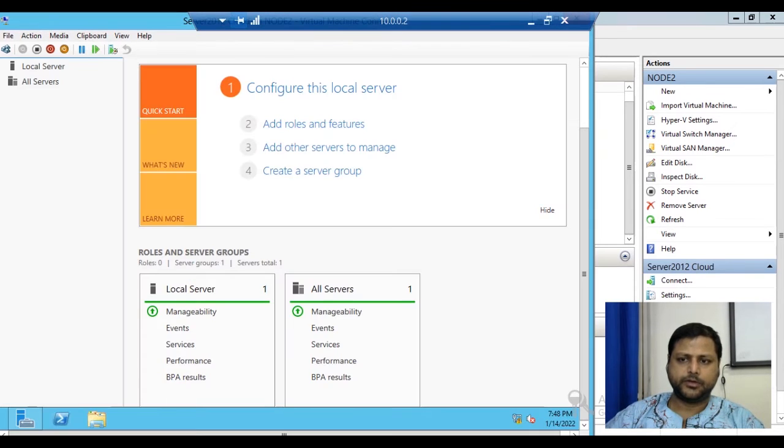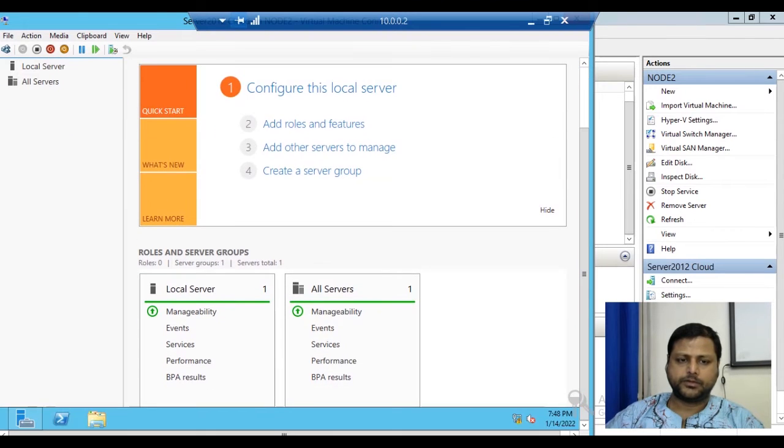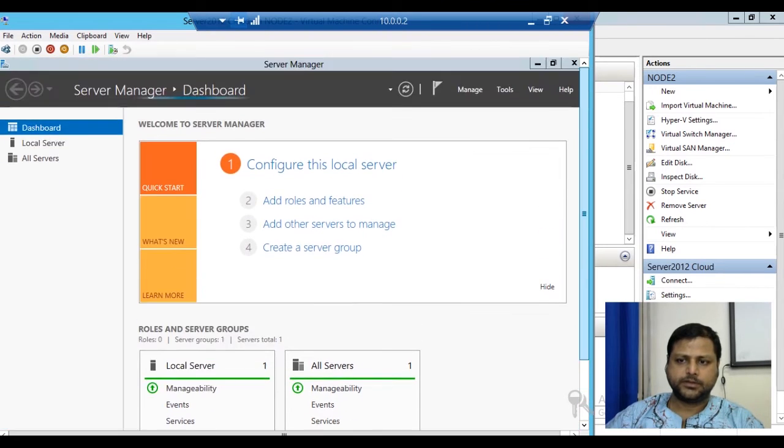By the meantime, we will also configure the server. So you can see that the server dashboard is ready. It is configuring the dashboard for the server manager. The dashboard of server manager is getting ready, and we will now provide the IPv6 configuration.